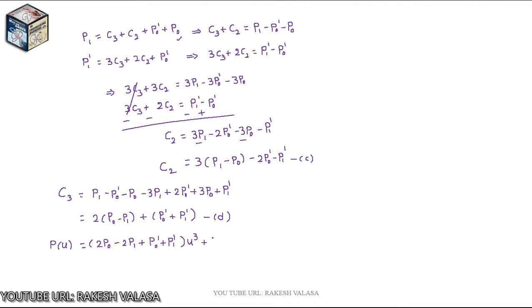C2 is 3P1 minus 2P0 dash minus 3P0 minus P1 dash into U square plus C1 is P naught dash U plus C0 is P naught. Now simplify this equation. We get P of U equal to